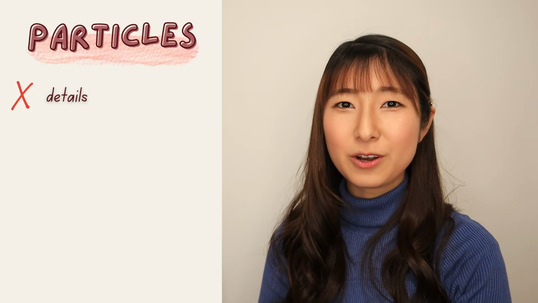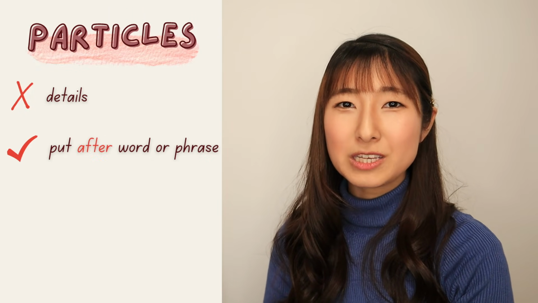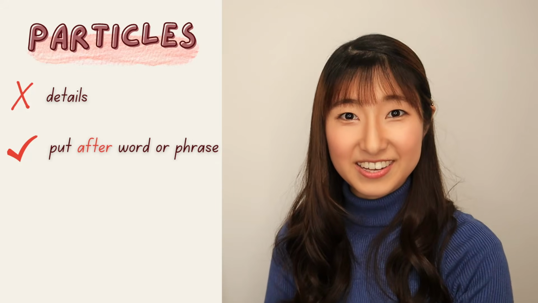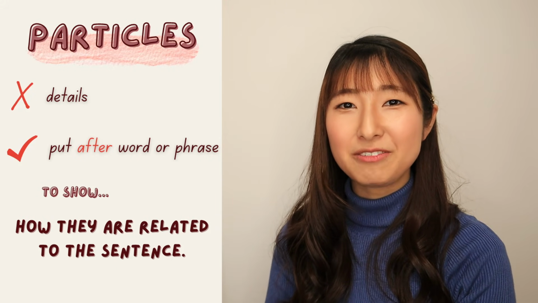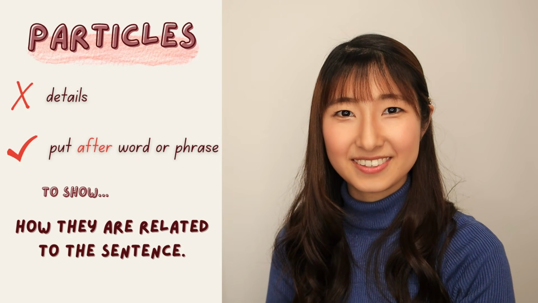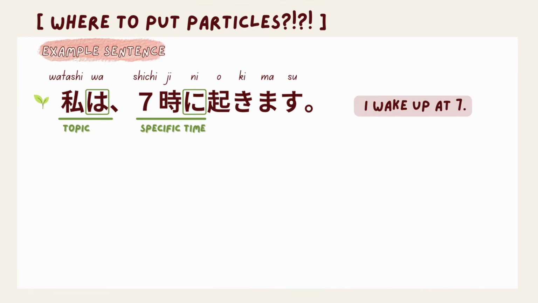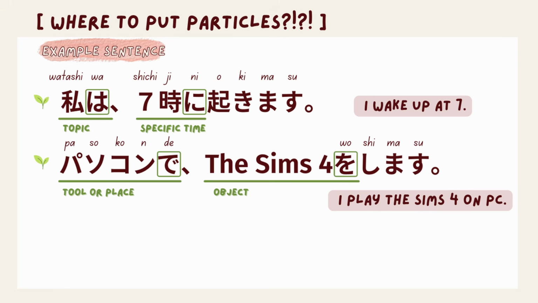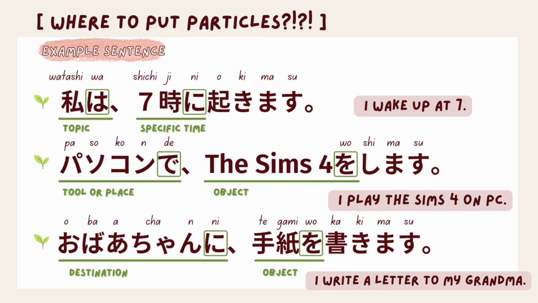When it comes to learning Japanese, you cannot escape from particles. Particles are not details. We always put particles right after the word or a phrase and describe how they relate to the rest of the sentences. For example, 私は7時に起きます。パソコンでシムズ4をします。おばあちゃんに手紙を書きます。